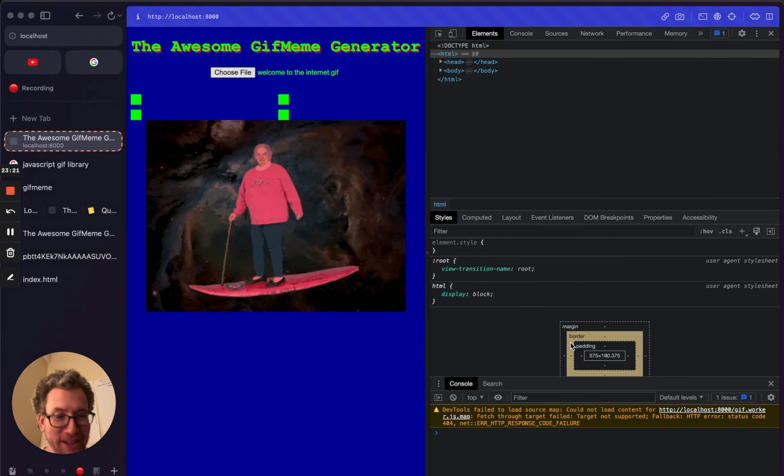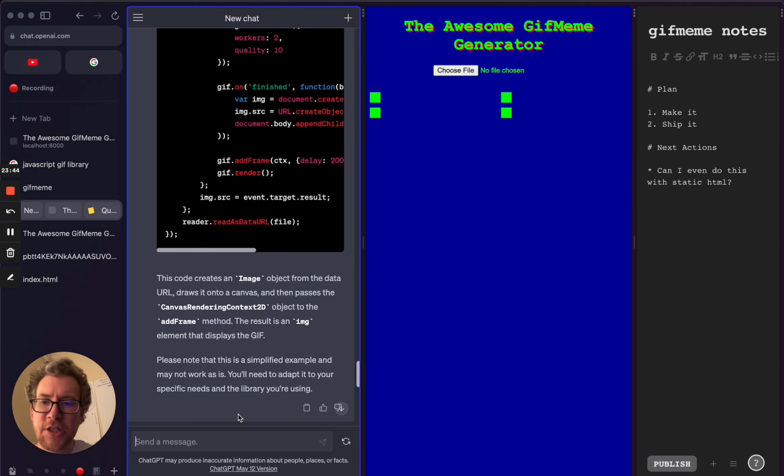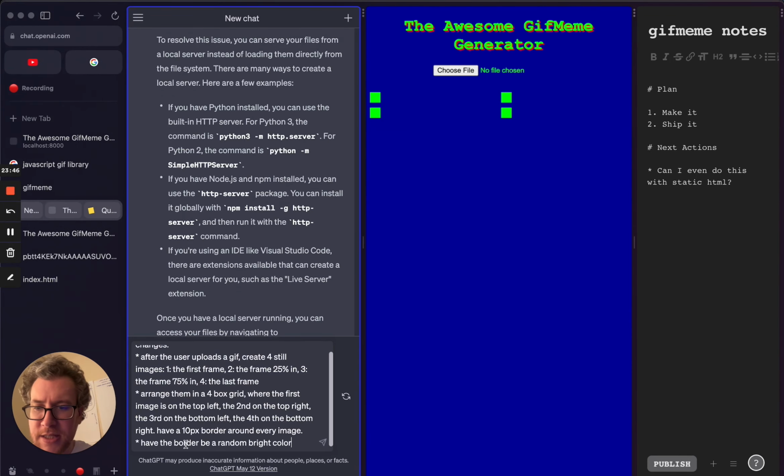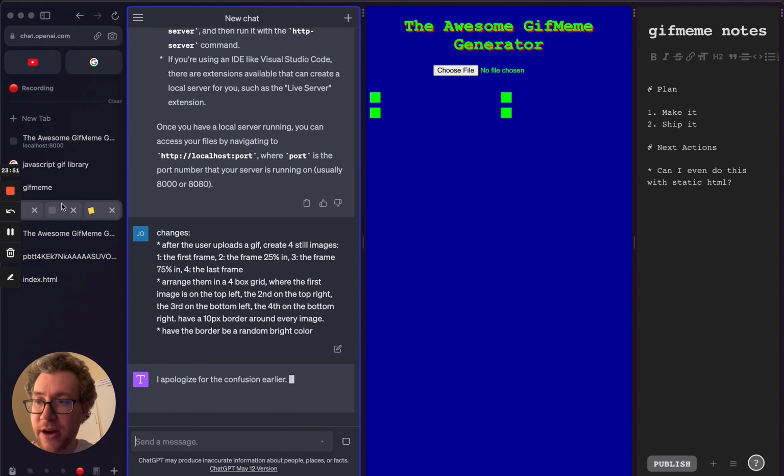Okay. All right, we got an error, but that doesn't matter. I think it's okay. It's trying to load this map file as well, so I'll move that over. But we do have an image. So now I wonder what these little 4 boxes are anyway. Oh, it's the HTML and we removed the JavaScript. Okay. We're about to get back there. We're back in business. So now that we have this working, I'm going to paste in the old instructions and see if we can get there.